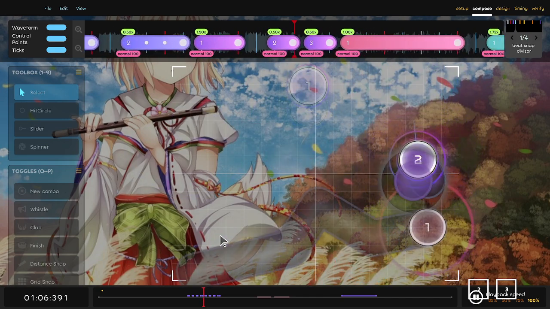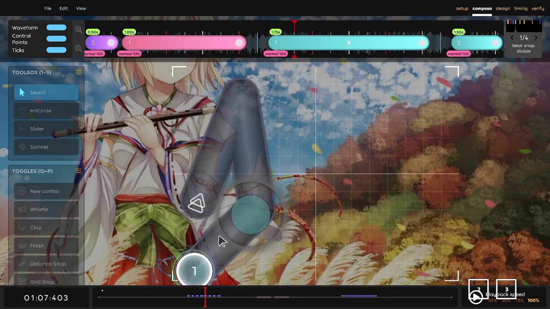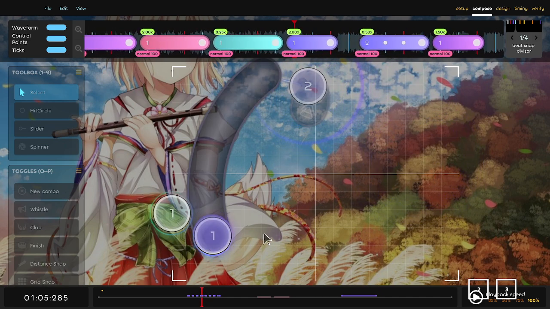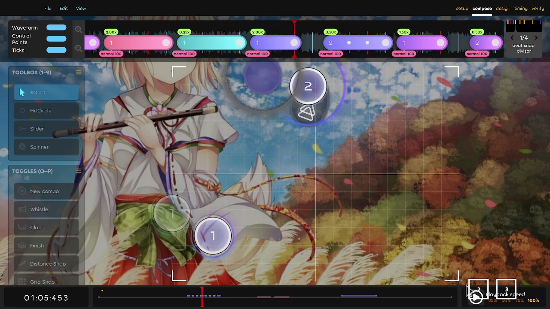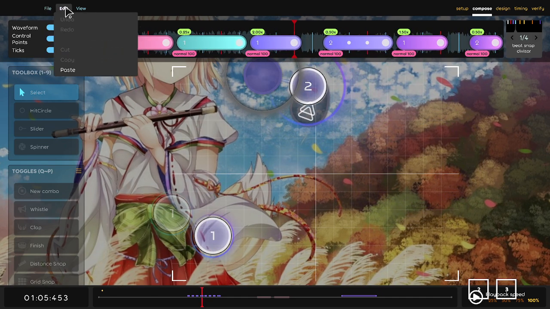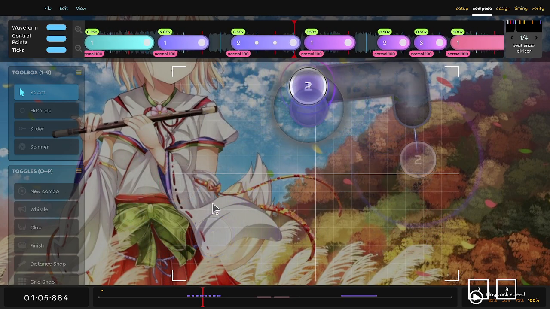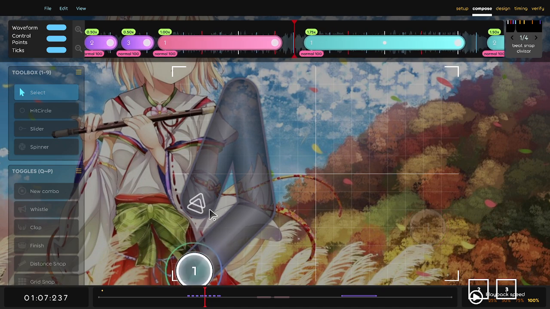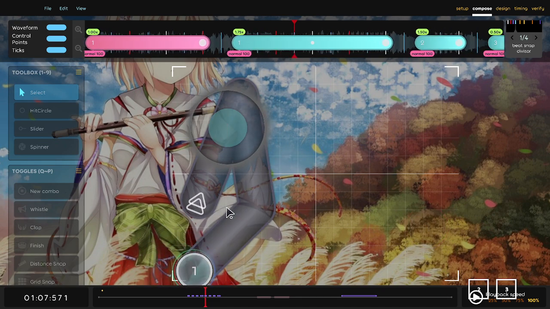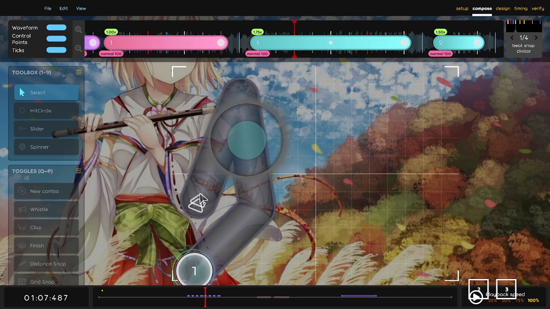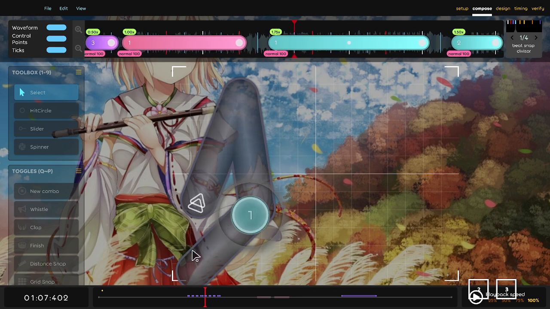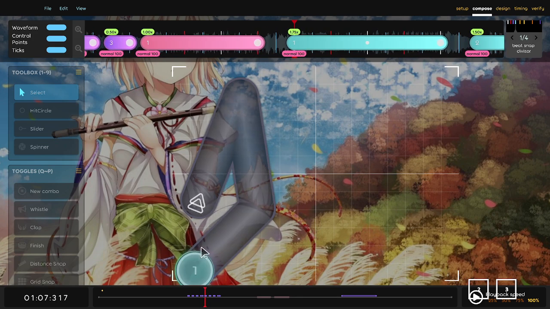Oh, okay, I can talk about these kinds of sliders. So this slider, for example, there's no test button in the editor, I'm pretty sure. Okay, but wait, is there a file? Oh, shoot. No, okay, I'll just talk about it. So this slider, for example, there's actually no slider ticks. Technically, the slider tick is the reverse arrow. So if you want to sort of cheese this slider,